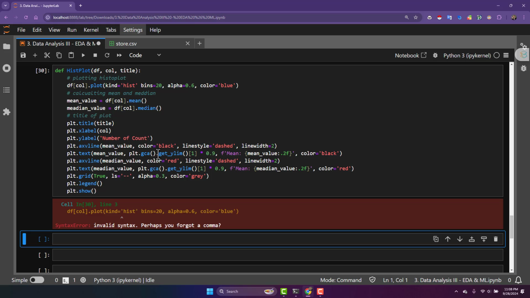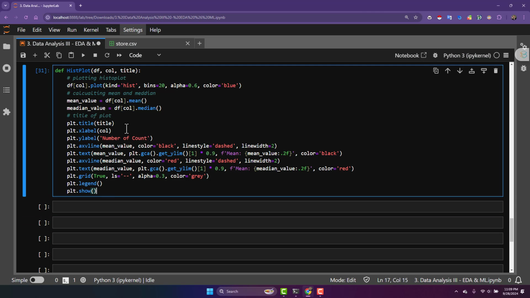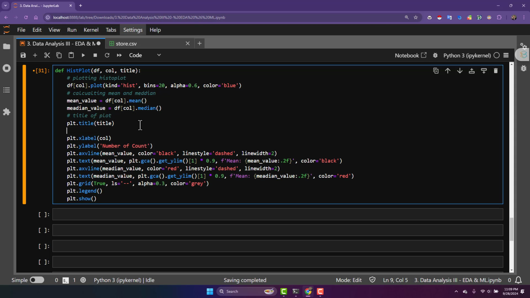Okay, so something is invalid over here, so I need to quickly inspect this. So df.plot kind hist bin, so it says forgot the comma. Okay, I forgot the comma over here. There we go. Right, so I'm just gonna make a comment over here, title of plot, and let's say title